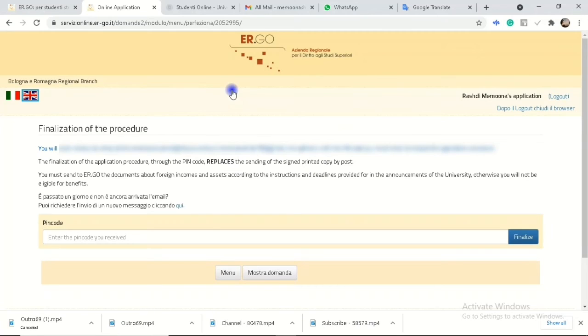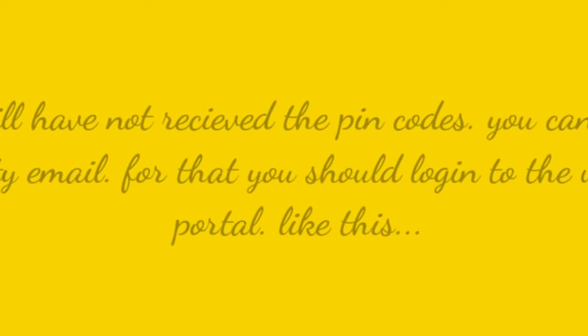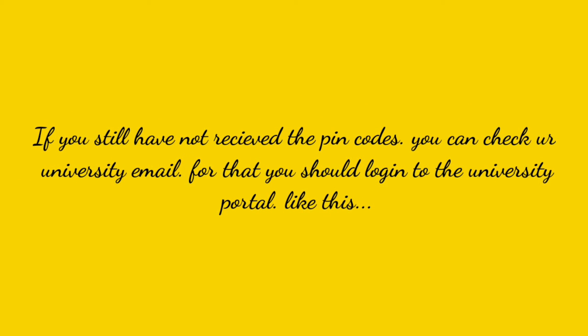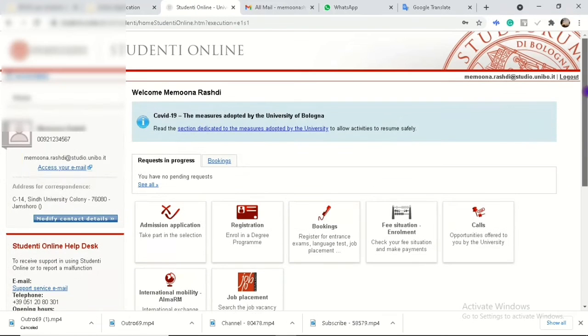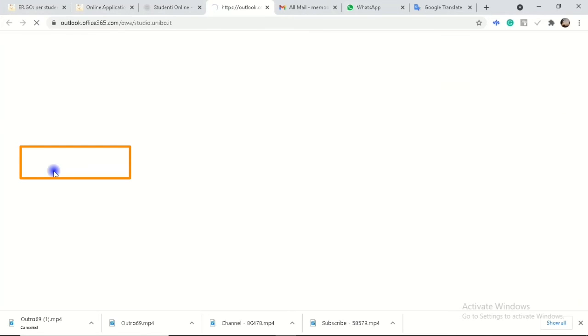Now you will receive a pin on either of your email addresses, but if you have not received any pin, then you can click on this one here and you will receive an email. If you still have not received the PIN codes, you can check your university email. For that, you should log into your university portal like this. After you log into your account, you can see here on top left corner, you can click on access your